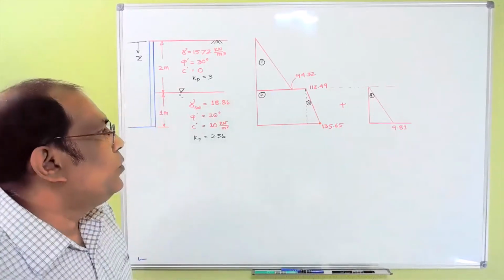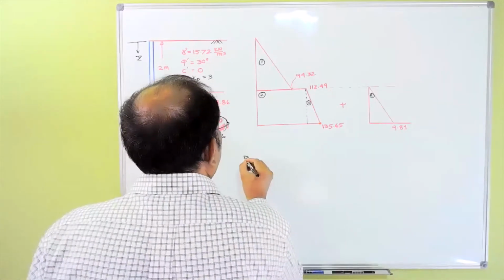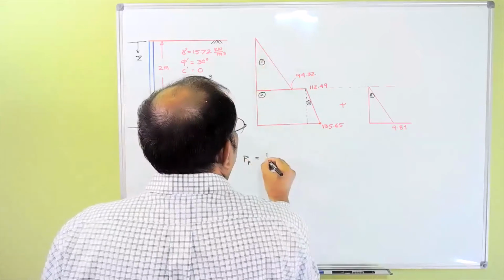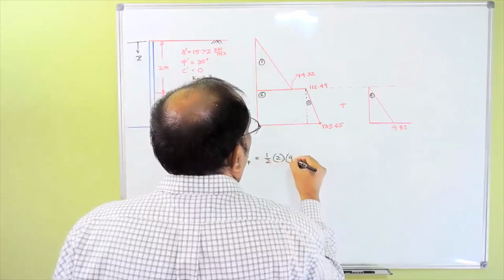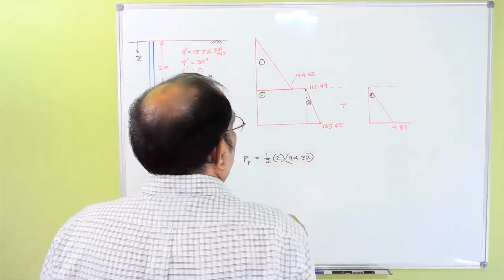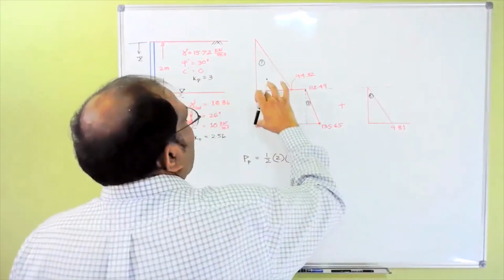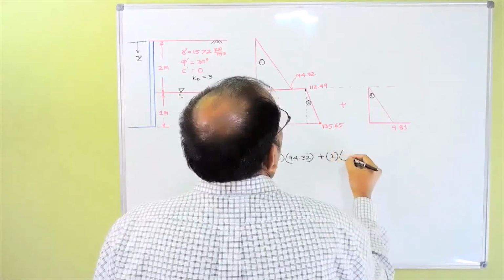So if I do that one here, total pressure EP, so for this one is half into 2 into 94.32. For the second one is this multiplied by this one multiplied by